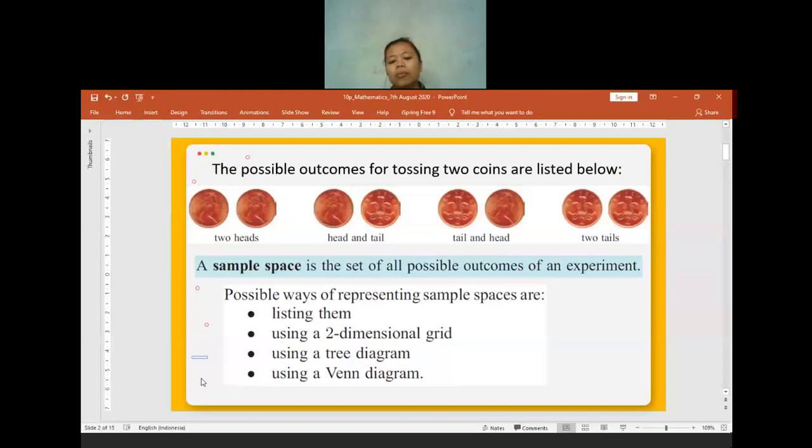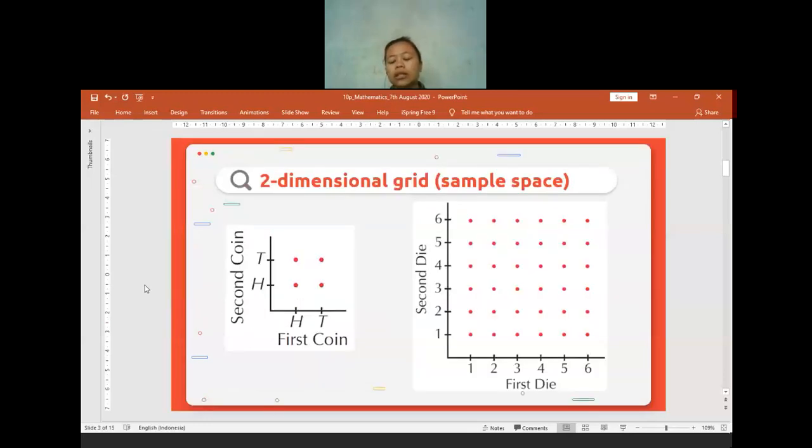So the sample space can be the two-way table, the tree diagram, the Venn diagram. Last time we already studied using the Venn diagram, using the two-way tables, and maybe just making a list already. And then for today, we are going to discuss how to find the probability using the tree diagrams. So this is the sample space if we are using the